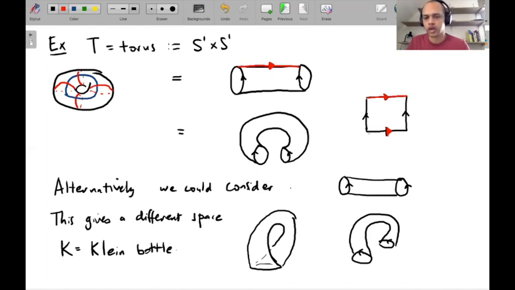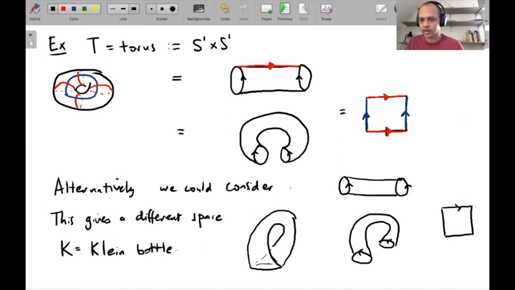So the red edges are the same and the blue edges are the same. If you can tell that that's blue. And so, okay, you first glue the red edges to get an annulus, and then you glue the blue edges to get the torus. Okay, so these are all the same pictures of the same space. And the version for the Klein bottle is